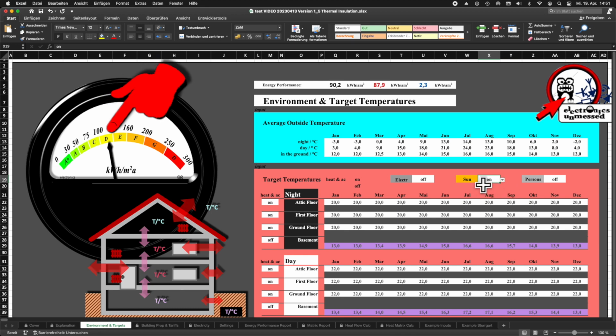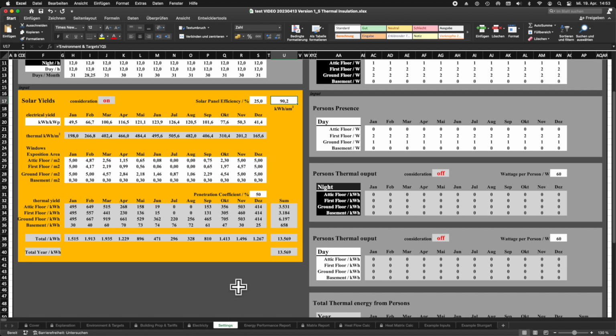If we want to make a good estimate for this, we have to provide a few details, because the influence of the sun naturally depends on the location and in particular on the windows of the house. We can consider all this and we go to the settings sheet.